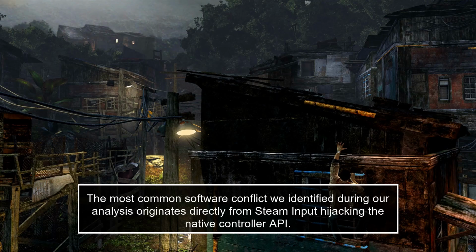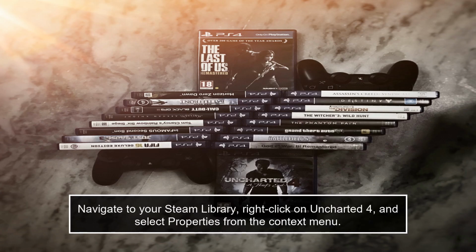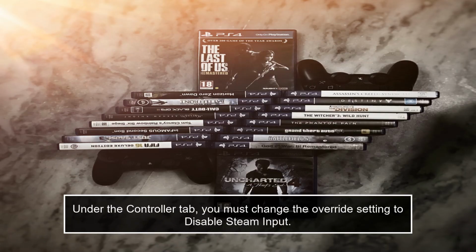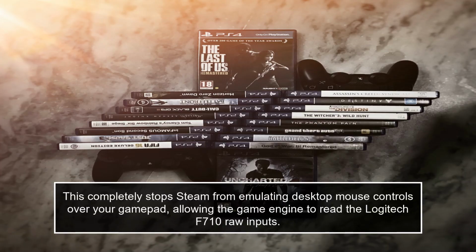The most common software conflict we identified during our analysis originates directly from Steam input hijacking the native controller API. Navigate to your Steam library, right-click on Uncharted 4, and select Properties from the context menu. Under the Controller tab, you must change the override setting to disable Steam input. This completely stops Steam from emulating desktop mouse controls over your gamepad, allowing the game engine to read the Logitech